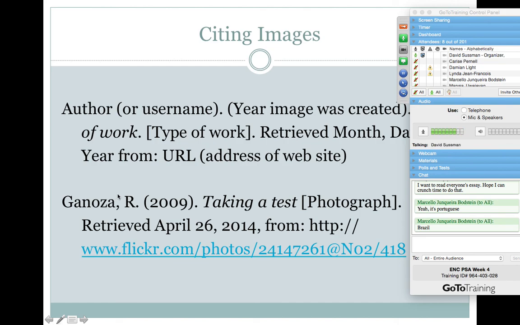So I can't stress that strongly enough. Did I make the joke last time? I think I did. I don't want to hear pop songs in your PSA projects. I don't want to see clips from actual movies. I don't want to see Guardians of the Galaxy clips show up in your projects. I don't want to hear a Kesha song being used in your PSA. I don't want to see some famous painting that's being used in your PSA. Okay, so anything that's not created by you should not be used.